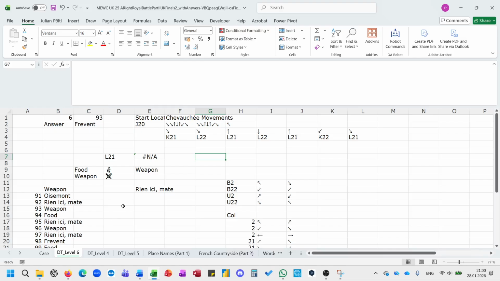U is boundary. We are not out of bounds because we're only in row 21. We're in row 22, but then going up, going down, going up, going K22, but then from K22 we're going